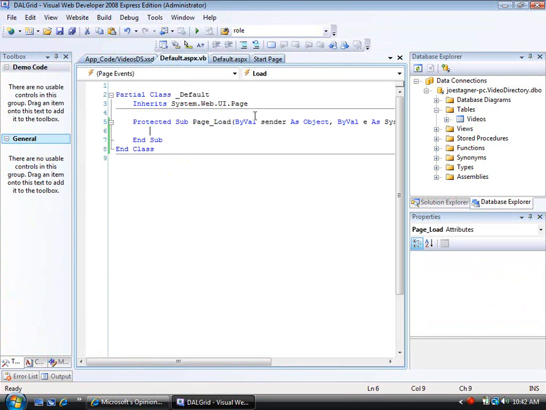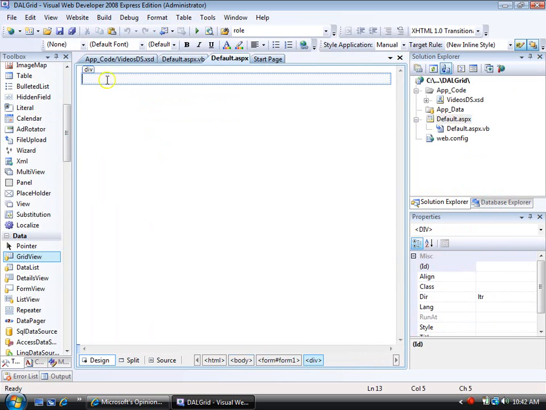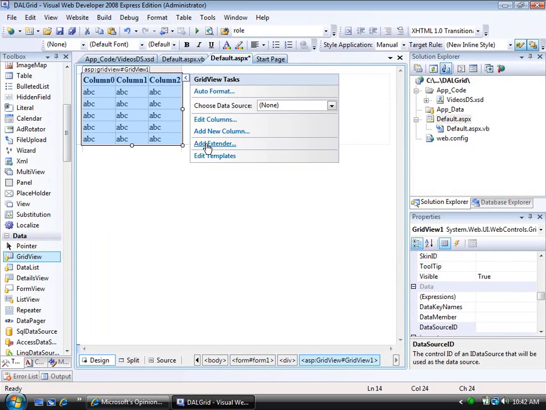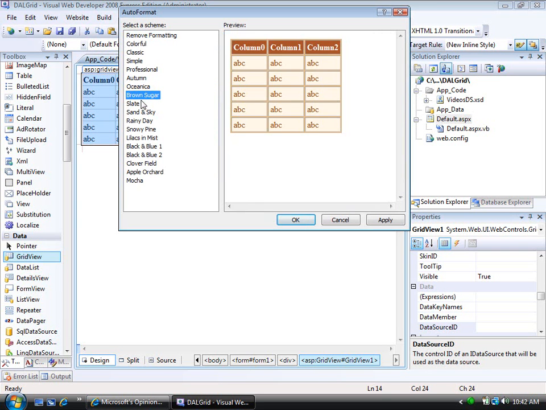So in our case, we're going to go ahead and hop to the page load. Before we do that, let's go into the Solution Explorer and look at our default view where we can add a data grid. So I'm going to add a data grid to our ASPX page. Now, we're not going to choose a data source because we don't actually have a data source object. We have a data set object. I am going to say auto format so that we can make it look just a little bit pretty,